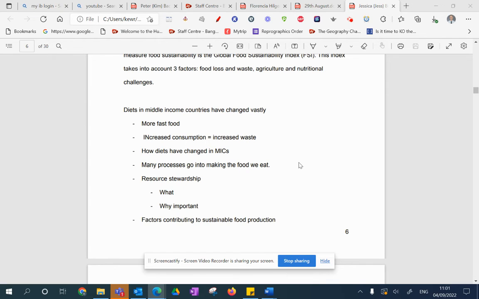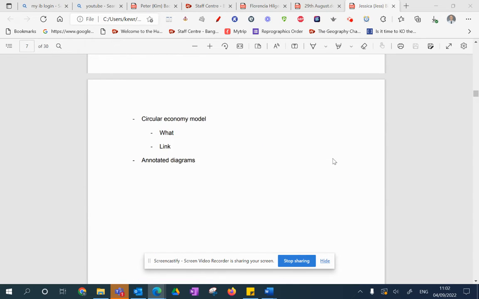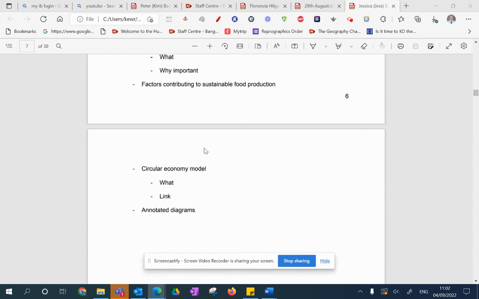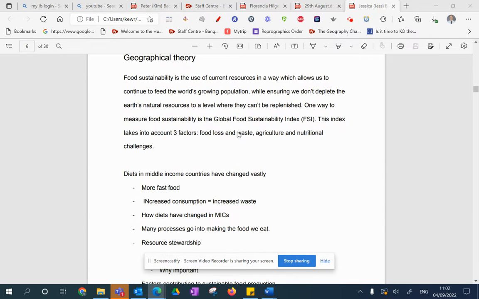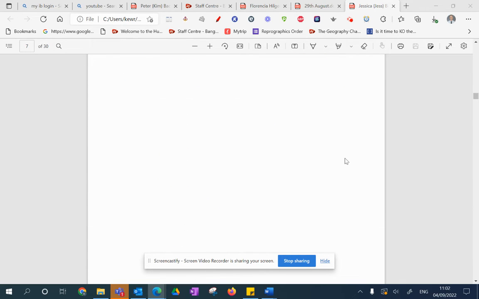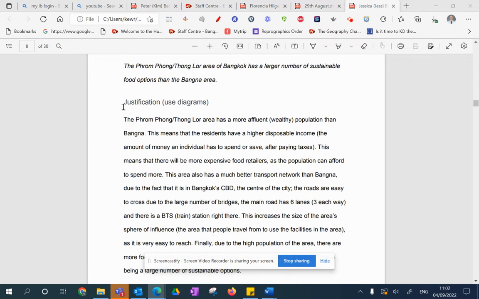I don't know if this is just your notes and you're going to put it in a sentence or paragraph. It looks like it's your notes, so this does need completing, with geographical theory, the food sustainability index, circular economy going in there, and diagrams as well, just to enhance it and fully illustrate what you're showing. Good, I can see your notes there.